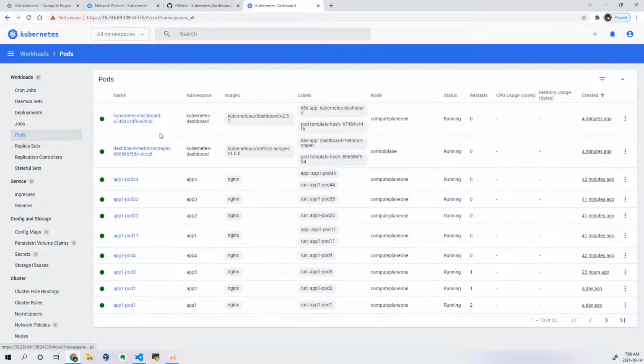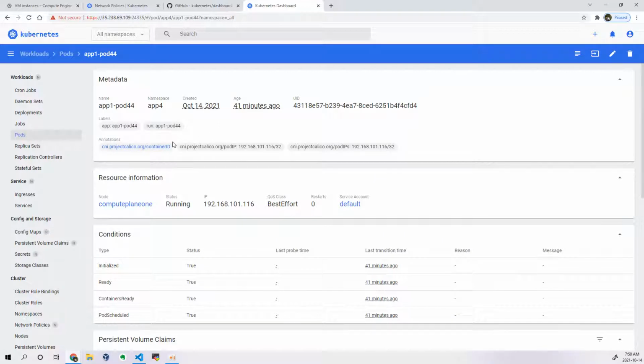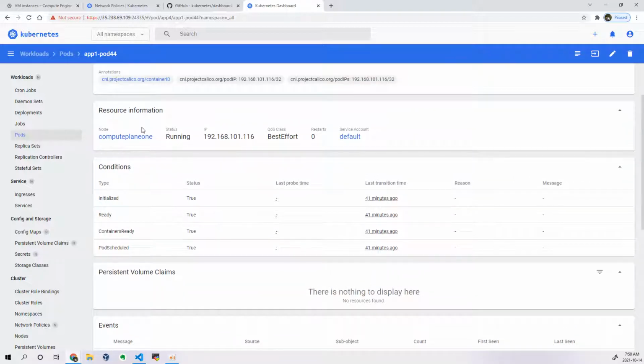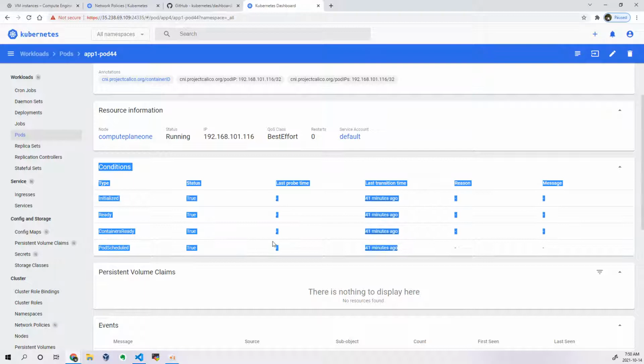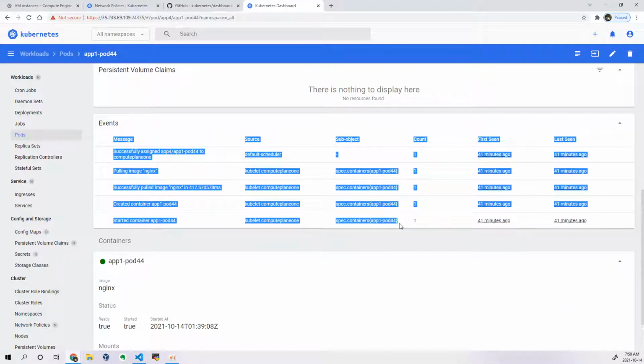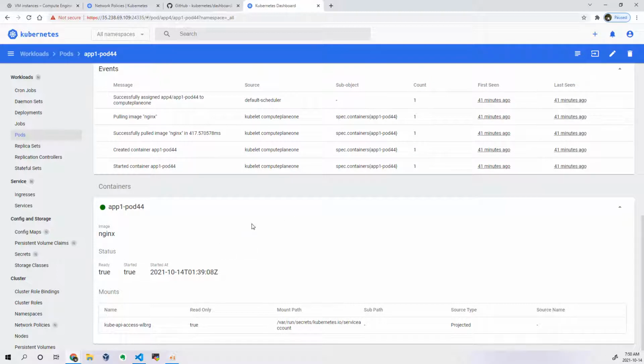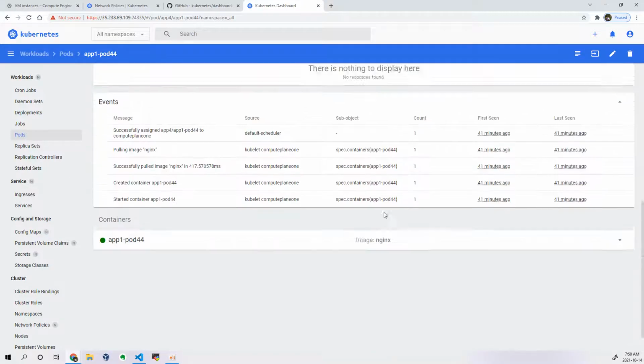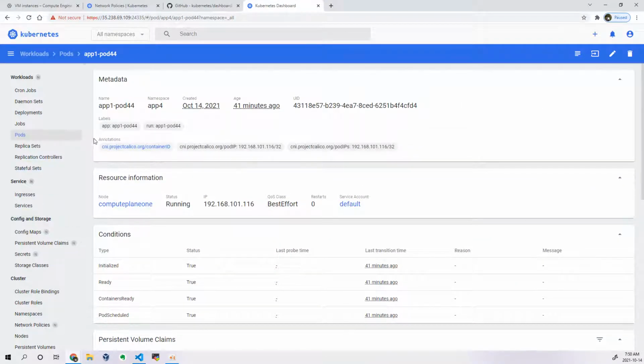Okay, let me go to the pods, and if I want to see the pod related information, if I click on this, you can see the information of the pod, like how you do a kubectl describe. Similar to that: name, when it is created, how long it is running, what are the labels, what are the annotations, or what is the IP address of this. This is nothing but like kubectl get pod -o wide, similar to that. And this is something like the describe events log which you see. Okay, event log, sorry, here it is. And this is the container related information in that particular pod. If you have multiple containers, it will show you both the containers. Okay, in this way we can see the information of your pod in detail.